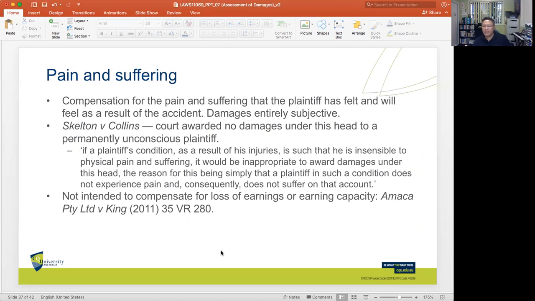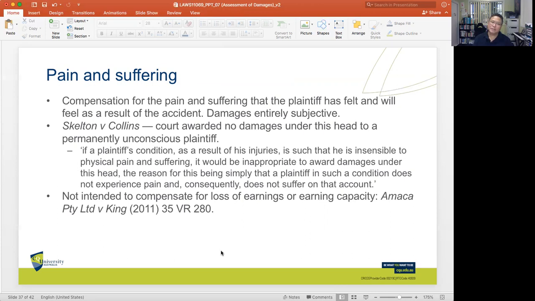But when it comes to pain and suffering, how exactly does a judge know, or even how does a medical expert determine the level of pain or suffering other than through the self-report or the claim made by a patient? In other words, there's a lot of scope for plaintiffs to fake the level of pain and the level of suffering that they are undergoing. And note, because they are entirely subjective, a lot of it depends on the ability or inability of a plaintiff to demonstrate or show pain and suffering.